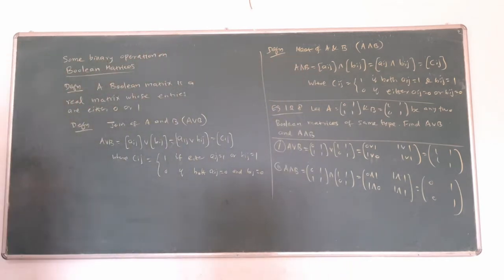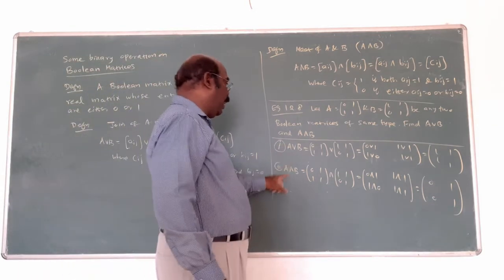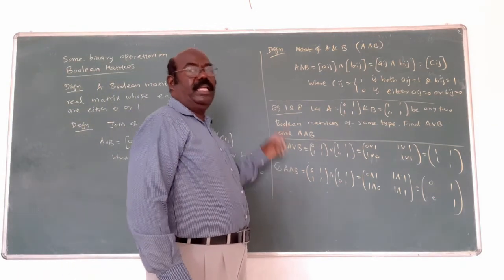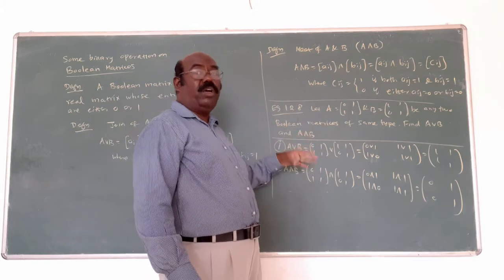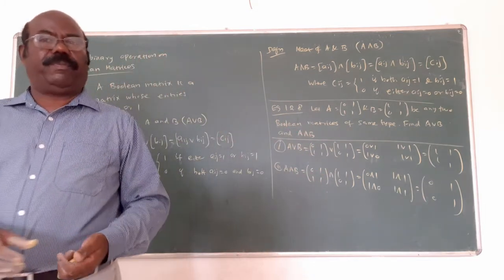Very simple concept. First one is all are 1. Next one is 0, 1, 0, 1. Now you must follow the simple previous idea only. True idea only. Then T, F will come. Here 1, 0 will be the sum. By using this idea, here is an example exercise problem. One problem.